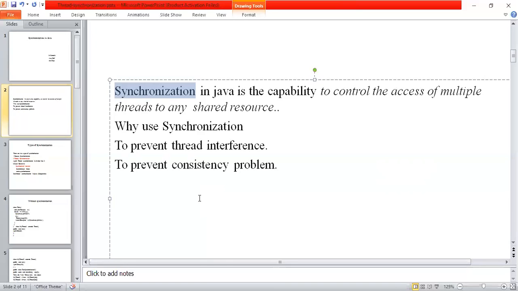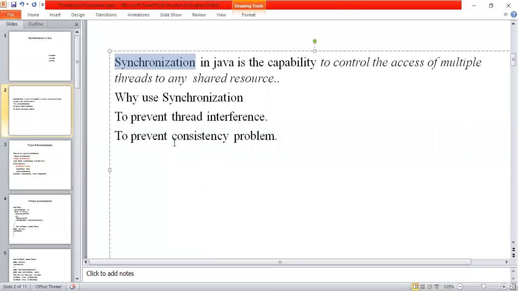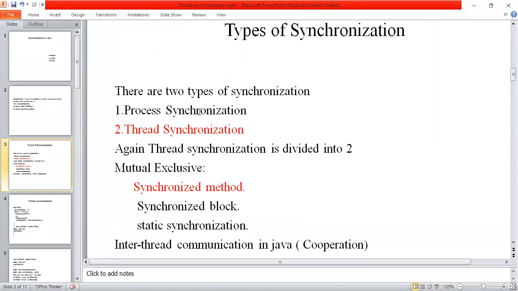I'll explain this synchronization through a Java program. Synchronization is divided into two categories: process synchronization and thread synchronization. In our syllabus, we don't have process synchronization. You already know what process-based and thread-based concepts are.